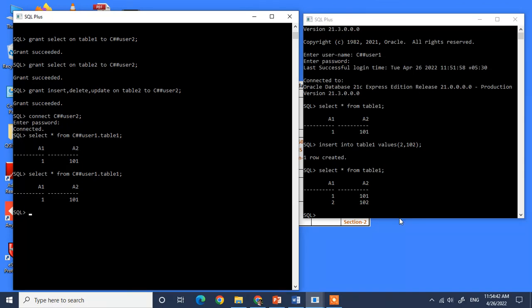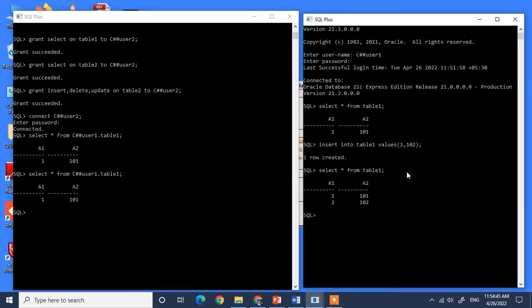The reason is the record which is inserted by user 1 in this table 1 is inserted, but the changes are done in buffer in RAM. They are not saved permanently because commit is not executed and therefore the data will not be saved. Now when you write commit and execute it, the changes will be saved permanently in the physical table,